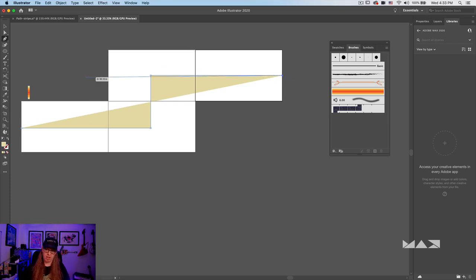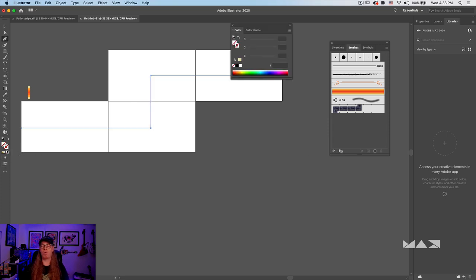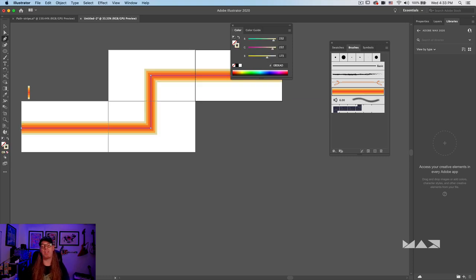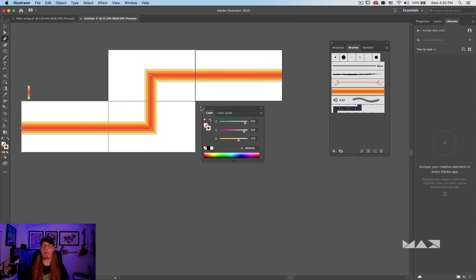Okay, now I don't want that cream tan fill in here. That's not helping anything. So I'm gonna press escape to deactivate my pen tool, and then I'm gonna go over here and remove that fill property, right? And if I click on the stroke, what I'm gonna do now is instead of applying a color to it, go to my brush panel, click on the retro stripe, and you can see that moves through all of those artboards. If you've never created artboards before or used extra artboards, it's really, really easy.